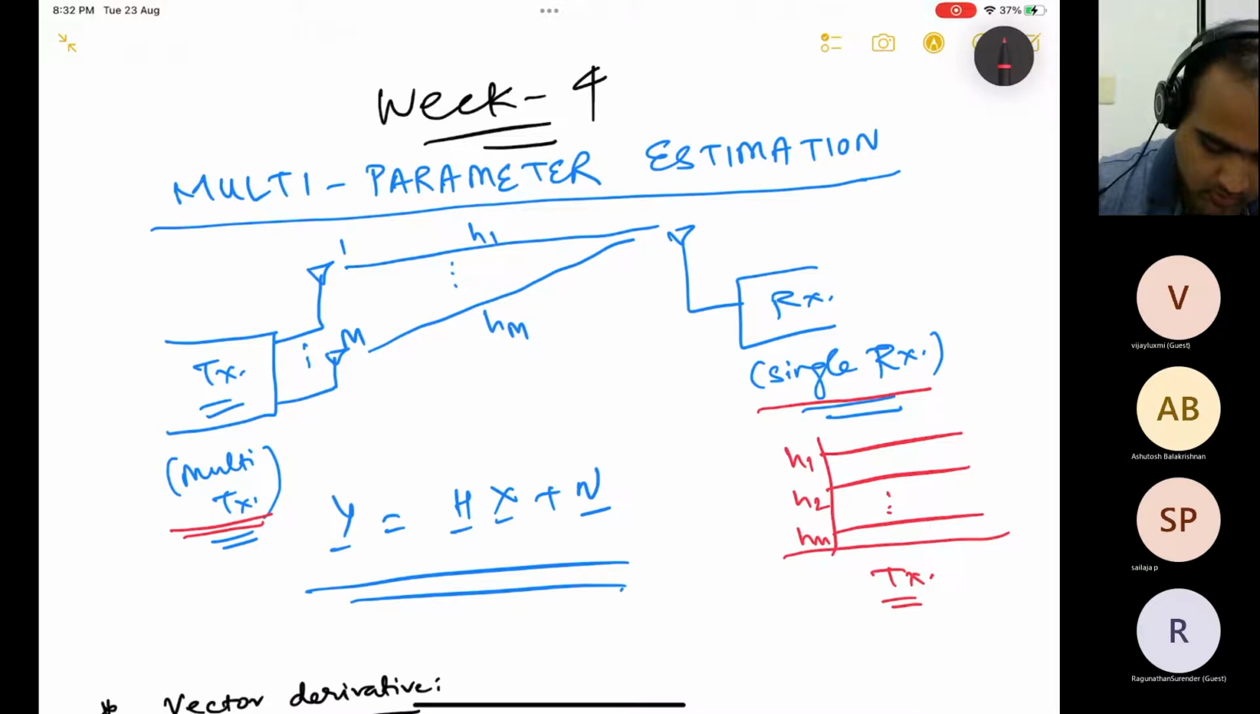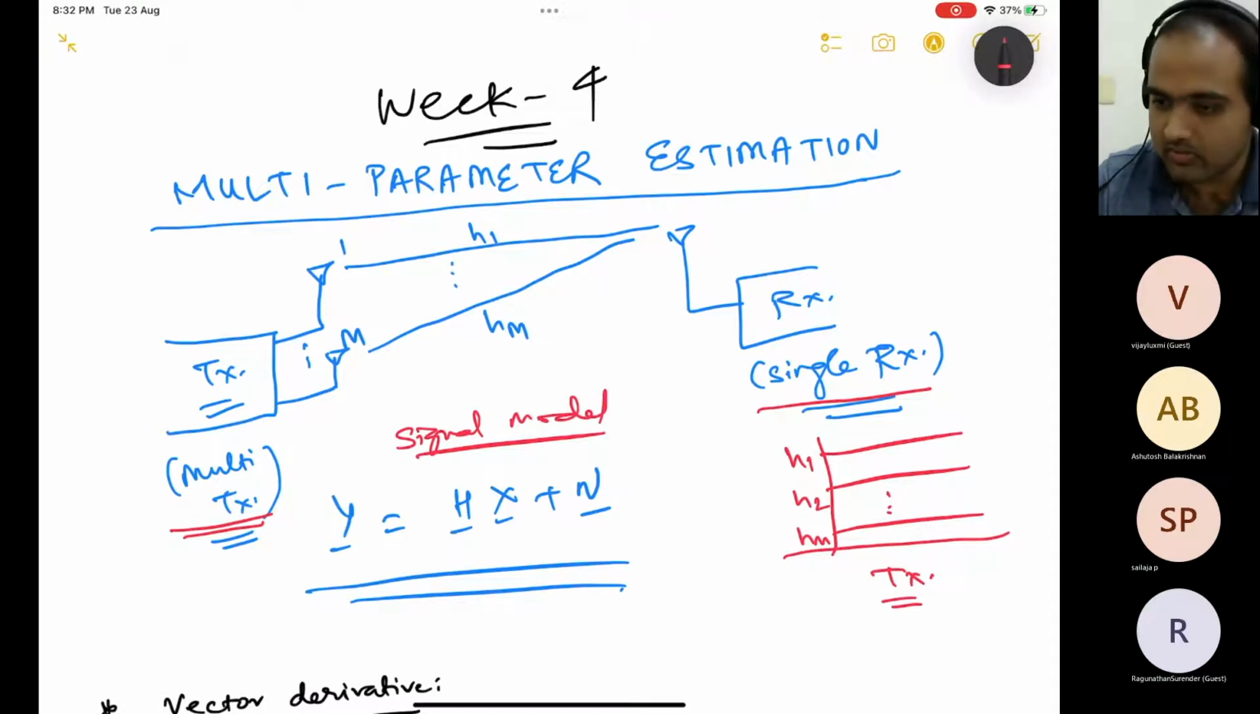OK. All right. And our signal model is Y is Hx plus V, and we have a single receiver antenna, and we have M transmitter antennas, such that their channel coefficients are H1, H2, so on HM, and we are going to compute the channel estimation